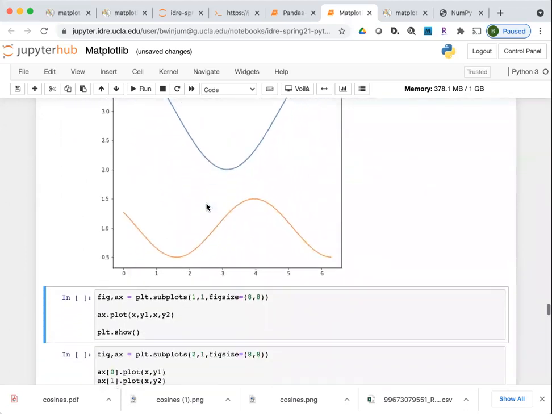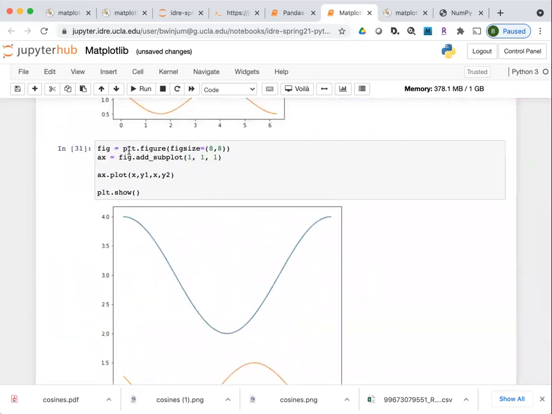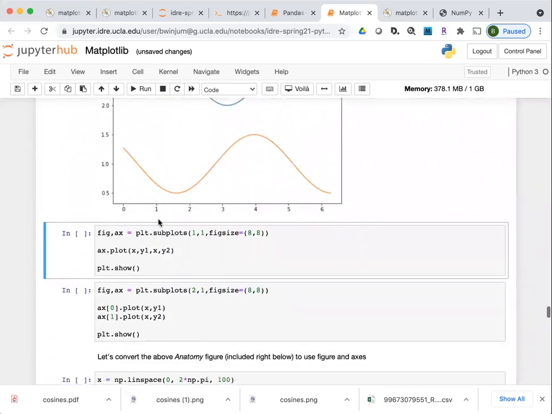Another common way that you'll run across this is that the figure object and the axes object won't necessarily be initialized on separate lines. They're commonly initialized together. So if you call plt.subplots, this particular method returns the figure and axes objects.